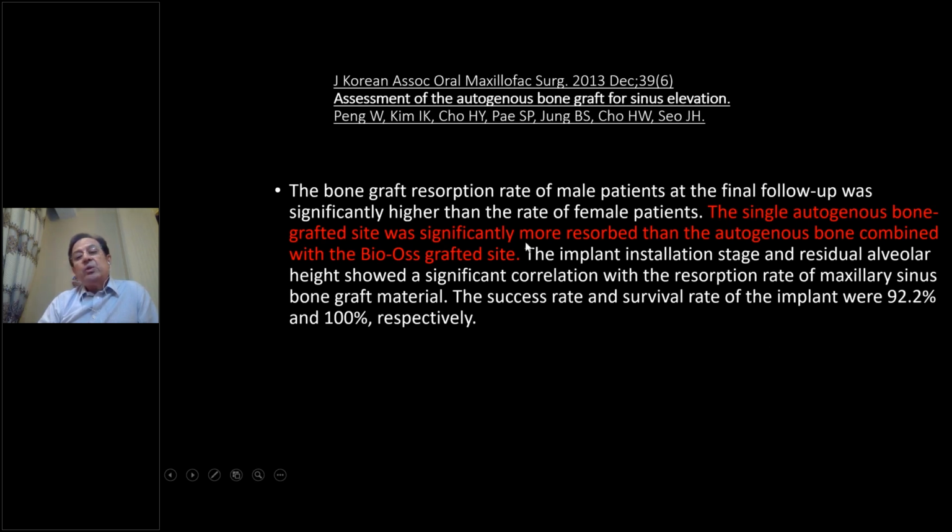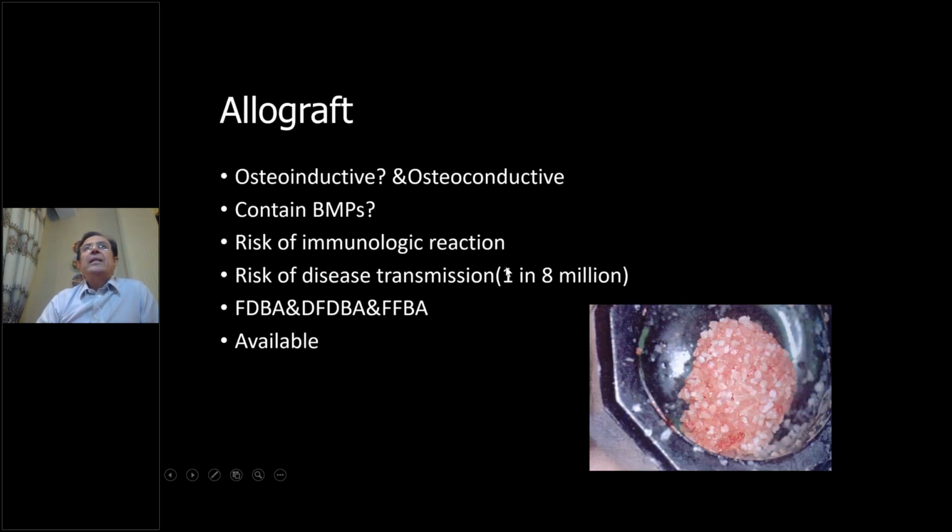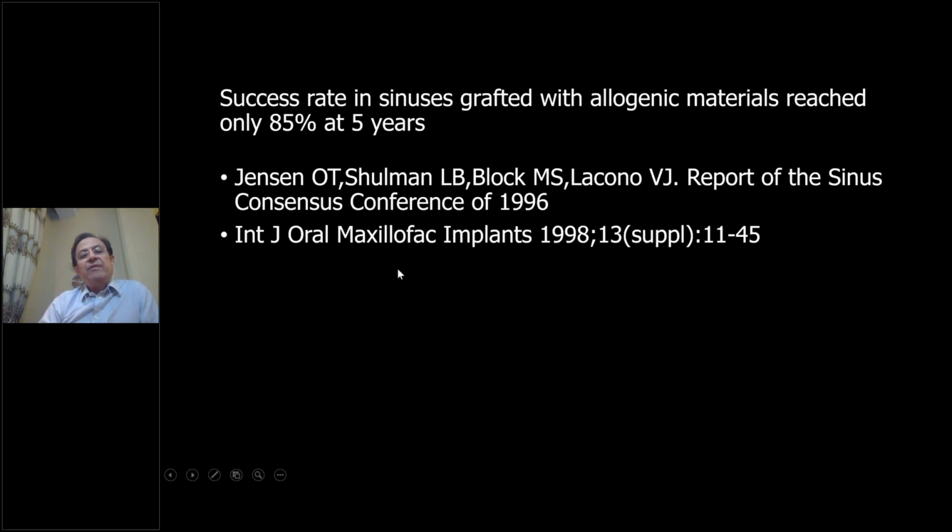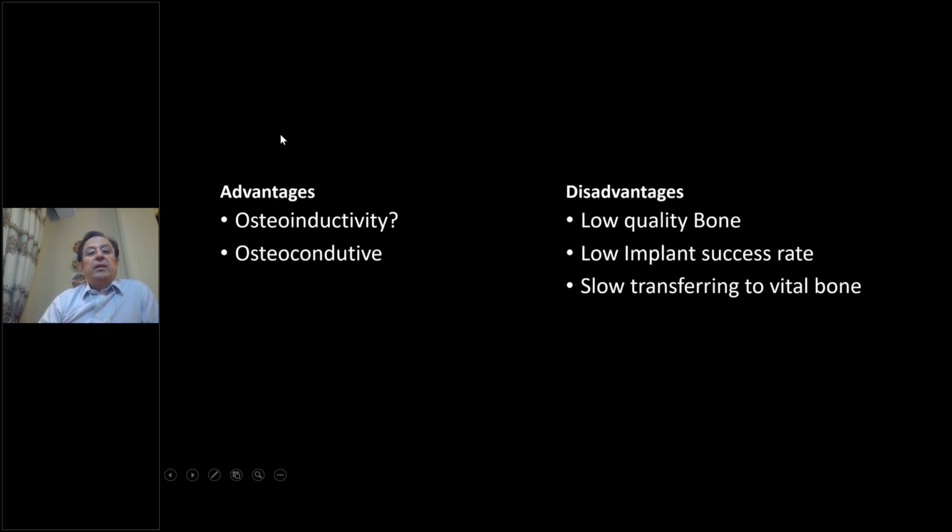The single autogenous bone graft was significantly more resorbed than the autogenous bone combined with the bio-oss graft or other grafts that have less resorbability and have biomechanical stability. The allograft also has less success in the sinus graft,